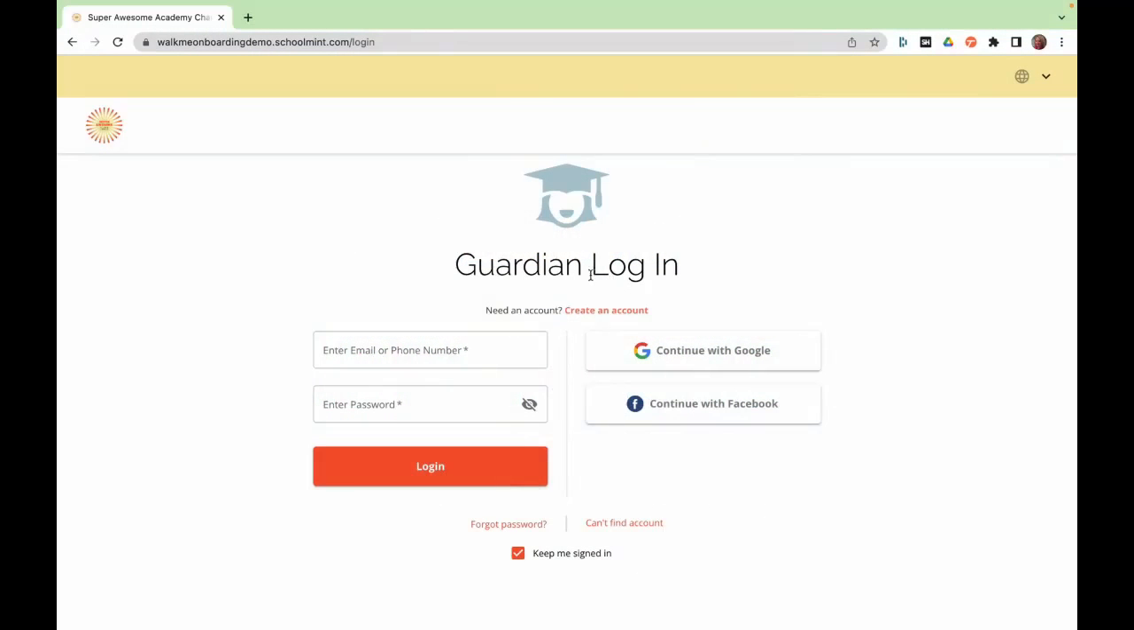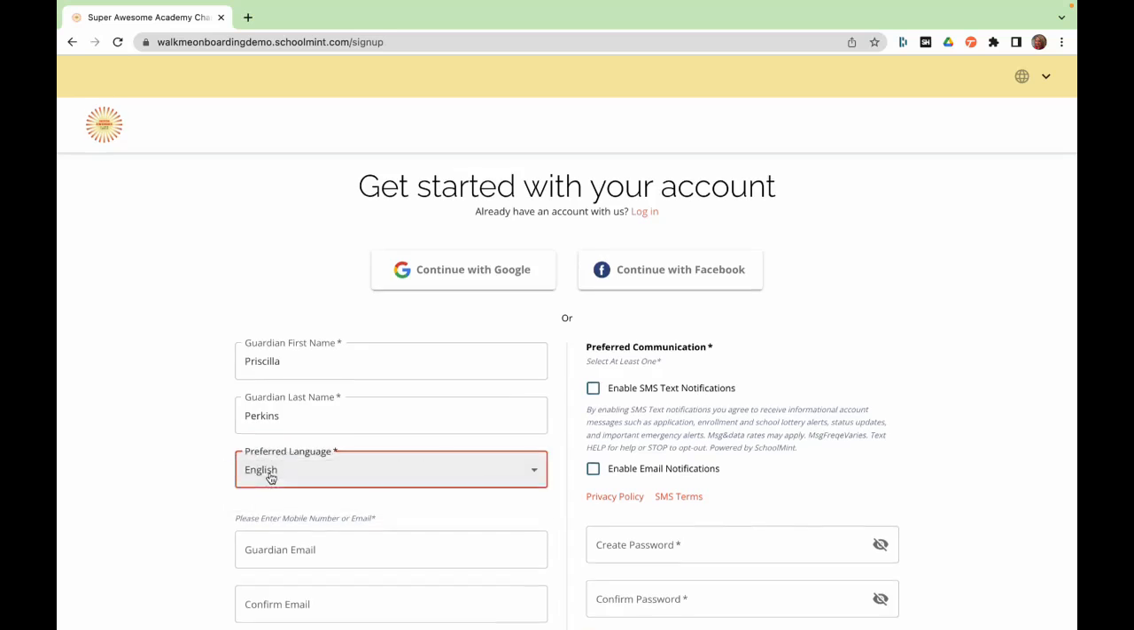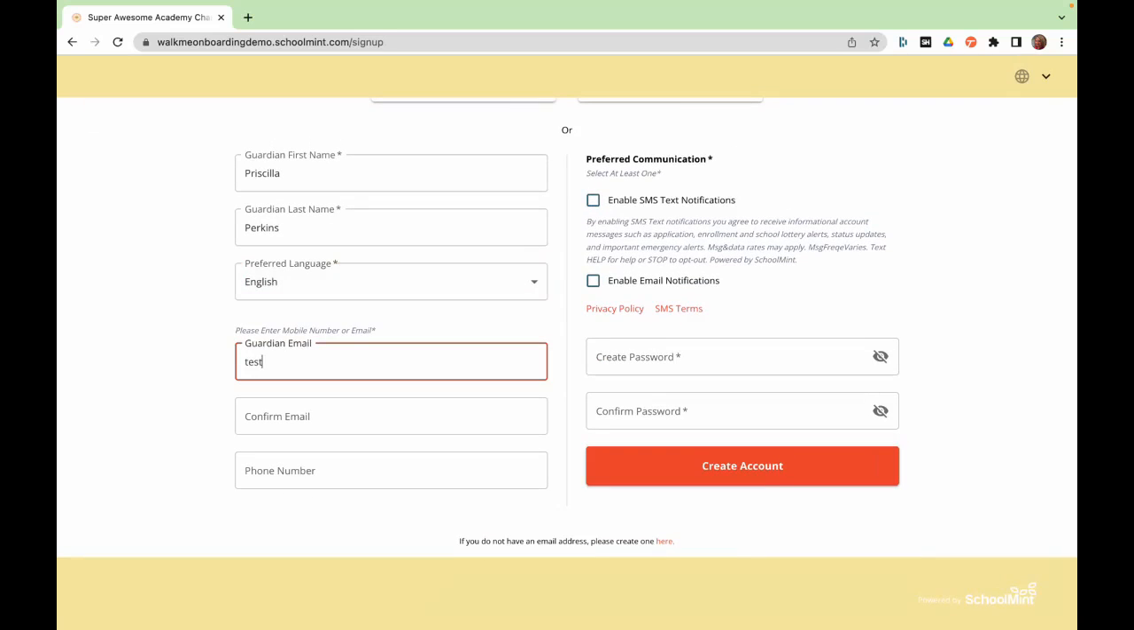Here's the initial login page where the parent will be brought to once they access the site to submit an application. From this login screen, they can continue with Google or with Facebook, or click here to create an account. From here, the parent must provide first name, last name, preferred language, email,